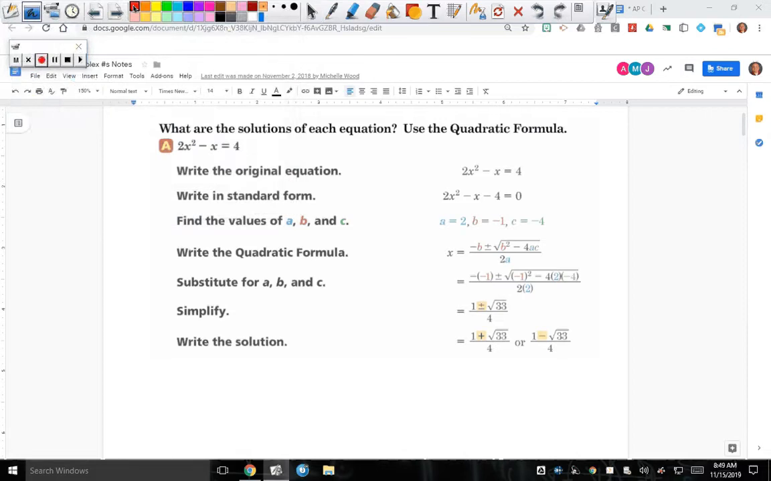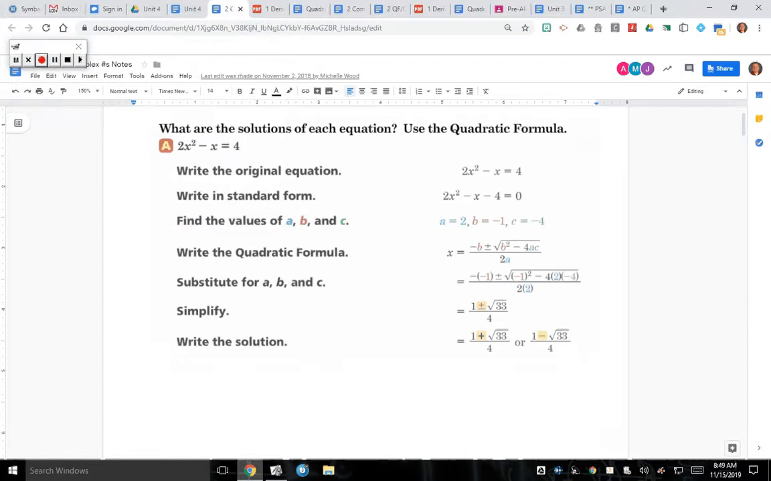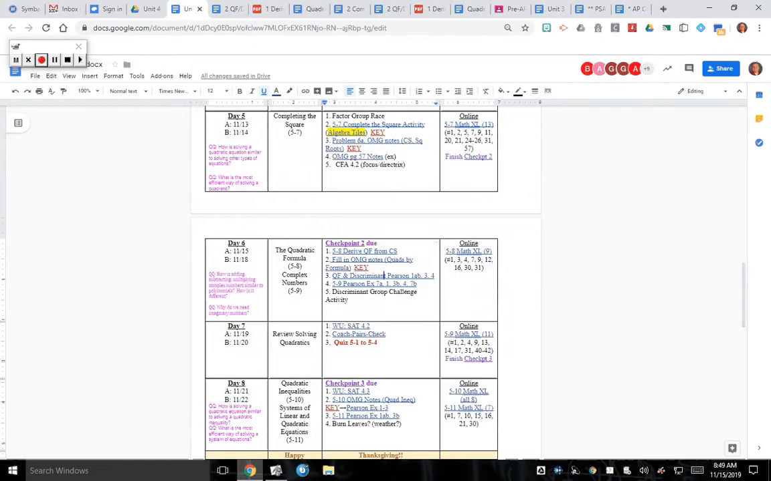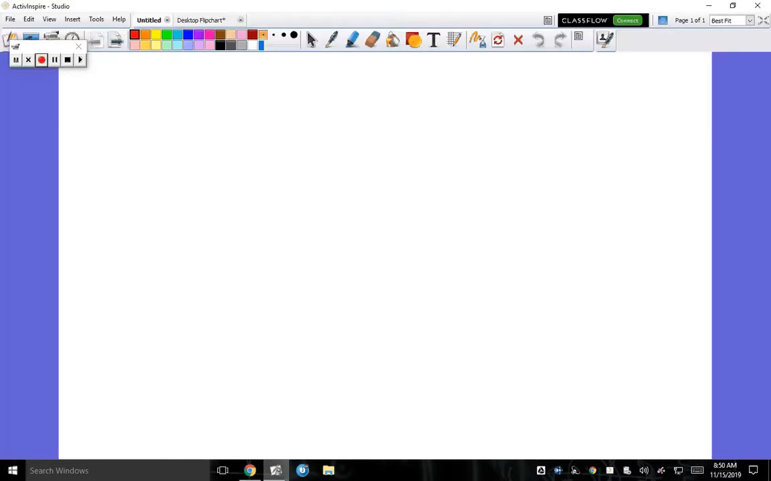Okay, so the discriminant test is what we're looking at today, okay? And it is day 6. So A day it's Friday, B day it's on Monday. But I wanted to make sure that we covered this discriminant so that you understood the Pearson homework. Alright, so